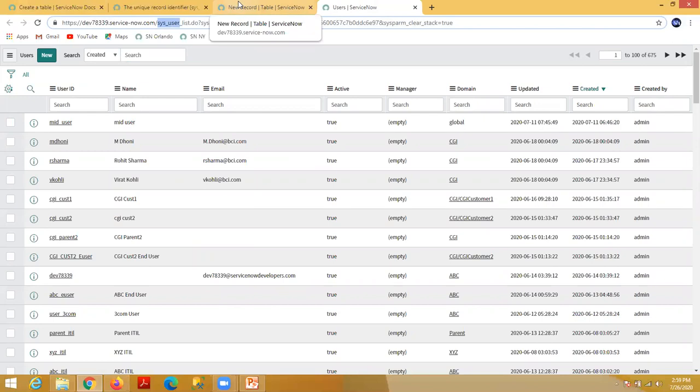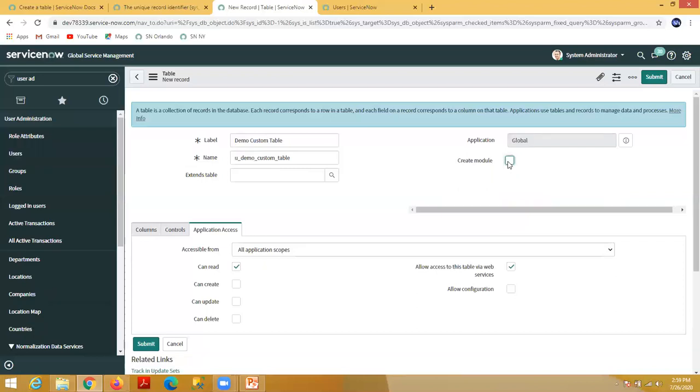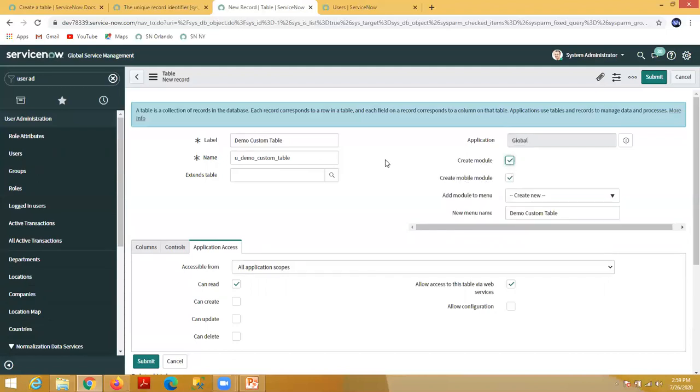So what is the meaning of this? To access the table, we need a module. That's why you are telling the system, at the time of creation of the table, please create the module as well. If you check this, it will create the module; otherwise it will not. I want to create the module along with the table, so this particular checkbox will be checked.